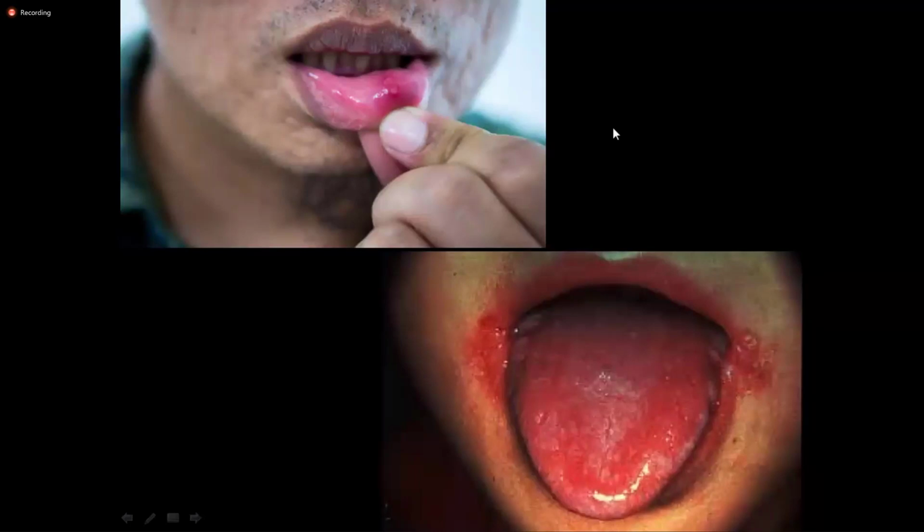I think that most of you have also experienced this type of sore in the mouth area, an ulcer. This is an ulcer under the lips and sometimes even in the tonsil area. This type of ulcer, not always, but sometimes, may be due to the deficiency of vitamin B12. And chronic vitamin B12 deficiency may result in anemia.